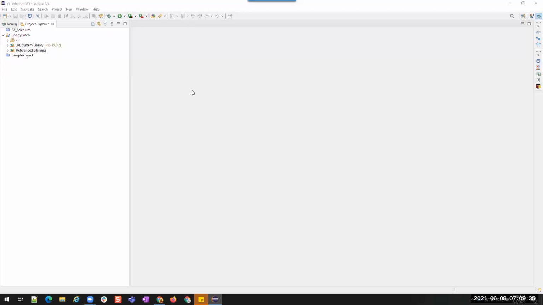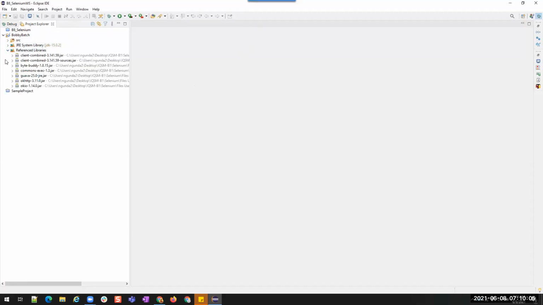So what did we learn in our previous session? We've seen the complete introduction to the Selenium WebDriver, and we have also seen Selenium IDE, and then we downloaded, or we are ready with, the prerequisites of Selenium WebDriver, right? So we have downloaded some reference libraries from selenium.dev, the prerequisites, which are the jar files of language binding for Selenium, and we added them to the project reference library.